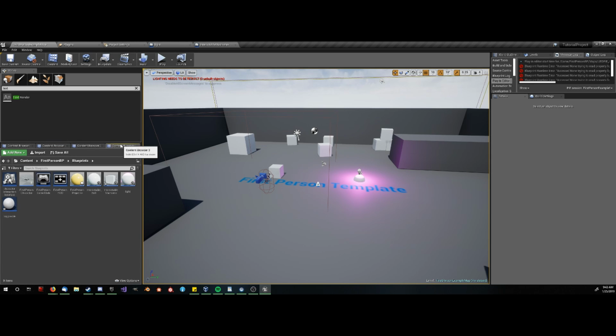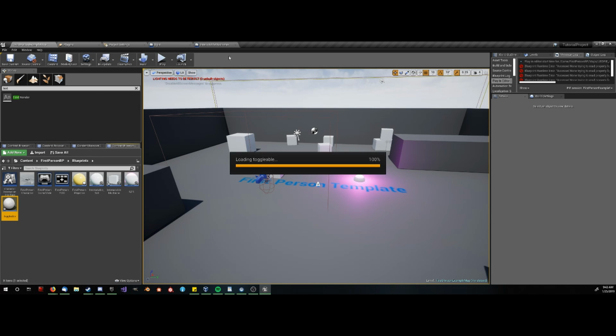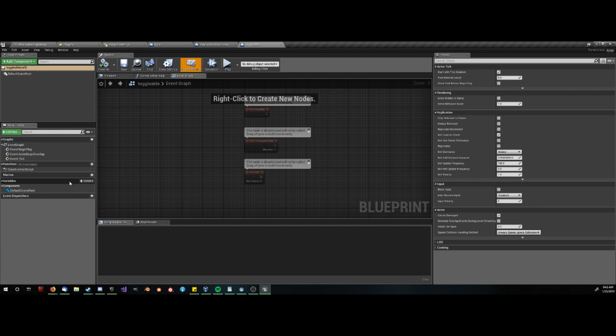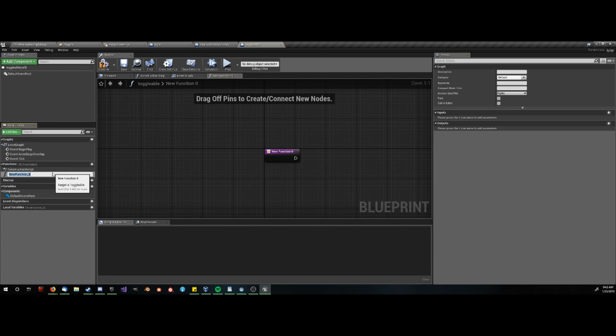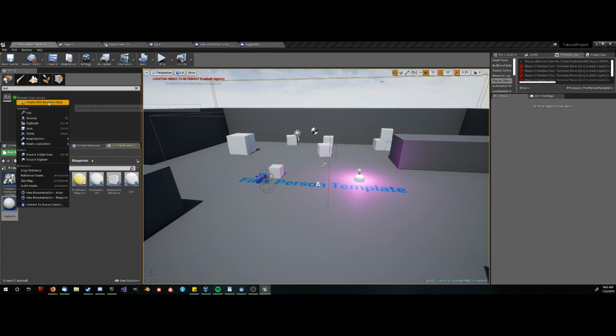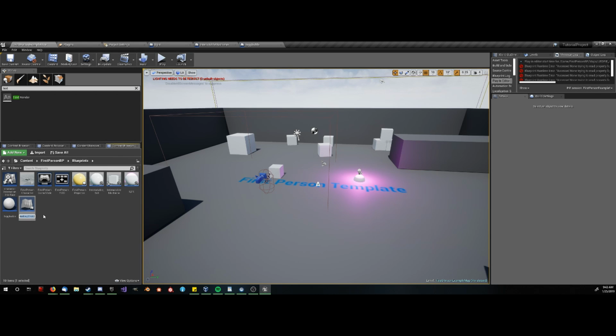No, that is not the button I wanted to click. And then in this base class, we can create a function called toggle. And that's all that needs. And then if we go to create a child blueprint class, we can call this toggleable light,